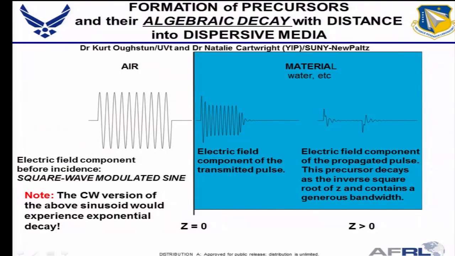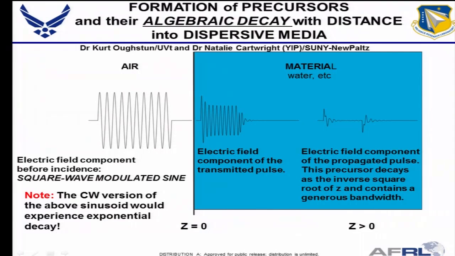Because the health and safety people used health and safety rules that were based on an analysis of CW, which is basically sine waves that go on forever, and those things stop at the chest wall. Transients are no such thing, and so we started funding this kind of business, and back in those days, water was in fact it.